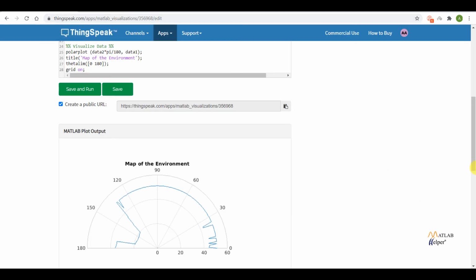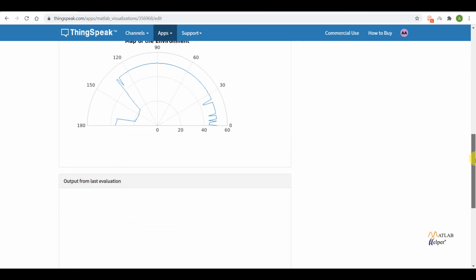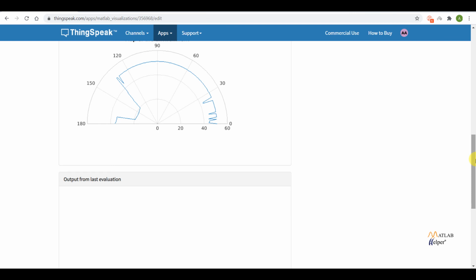So basically this was the use of ThingSpeak in our project, and how we can post the data from any Arduino, or we can even use the Raspberry Pi or any different microcontroller and post the data to MATLAB. We can send the data over the cloud and visualize it in the cloud itself. If the microcontroller is connected over the internet, it will send the data to the cloud server, and we can visualize the data in the cloud from a distant place.